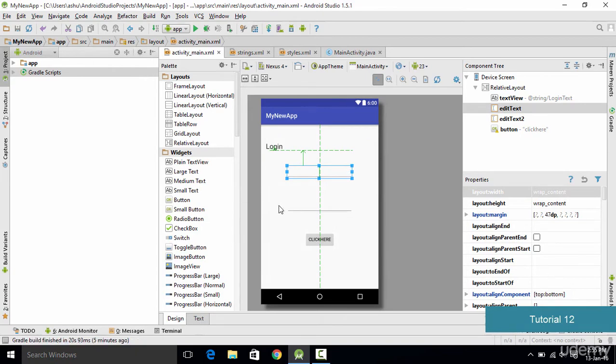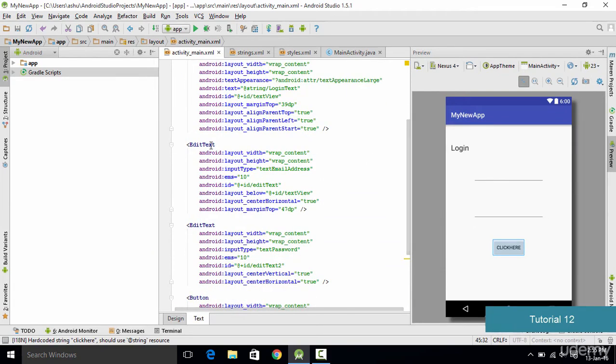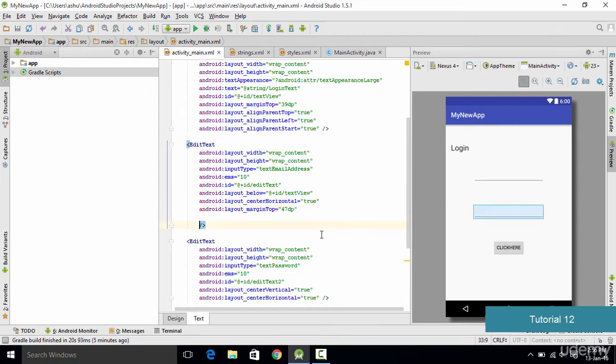So let's attempt to change the size of these two text areas by using the XML file. When we go in our XML file, you'll notice that we have two text areas. This edit text is basically for the email. When you click on it, it is going to highlight your text area. Now in order to increase the size of this text area, we are going to type some simple code. As you could see, the width of your text area is not yet mentioned here. So we go into this edit text tag and we simply type in Android:width,